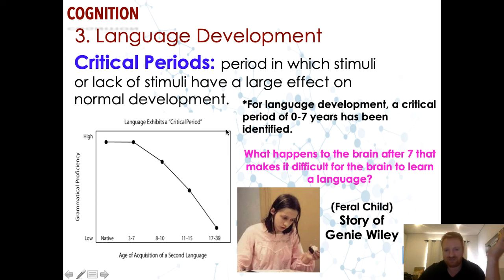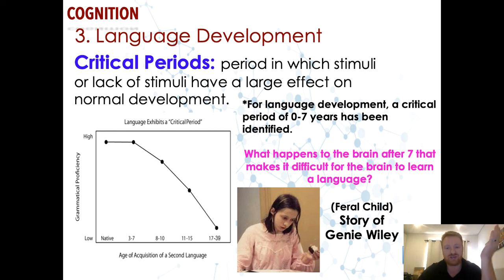Now, how do they know this? One of the things is the case studies that they've unfortunately, but also luckily, had the chance to study. And one of the stories is about a girl named Genie Wiley. She had a horrible childhood where her parents did not teach her language. They treated her basically like a wild animal. They kept her in a room under lock and key, only came in and out of the room to give her some food, and never expressed love, never talked to her. Basically treated her like not even a pet, because normally you would love and hold your pet. They treated her like a caged animal that they didn't care about.